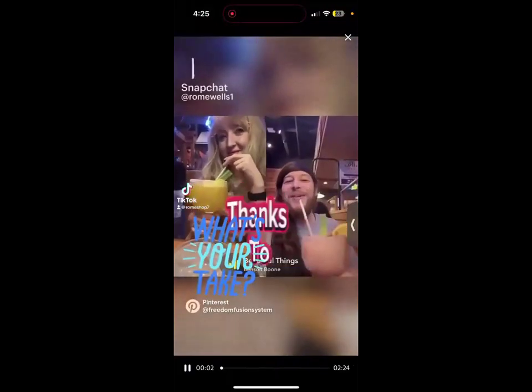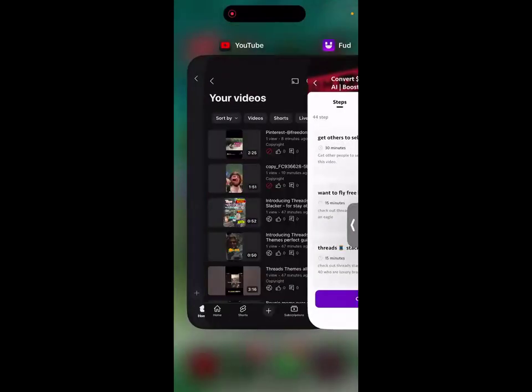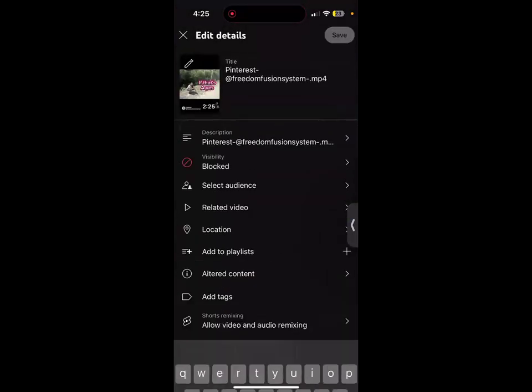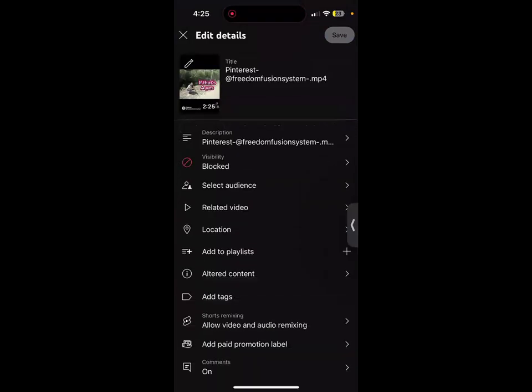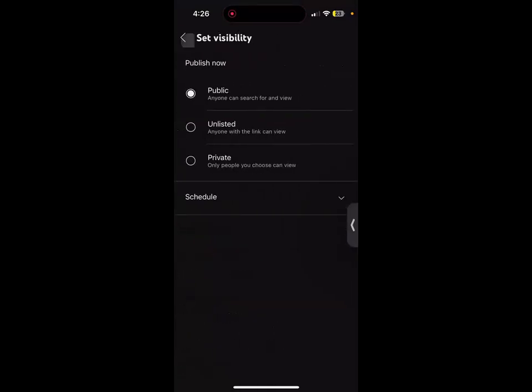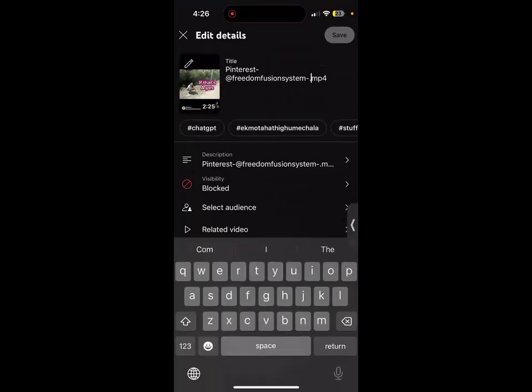It will just upload itself, so everybody has this information in a very good, organized guide over here. These beautiful things that I've got. Now remember, platforms could easily remove your content, or if you have some extra sound from CapCut, it may not get through. So there are many different reasons why you want to be doing this workflow. And check out, so over here I could say, notice how visibility blocked, and even though it says visibility, check out Freedom Fusion Booster for Bougie moms over 40.